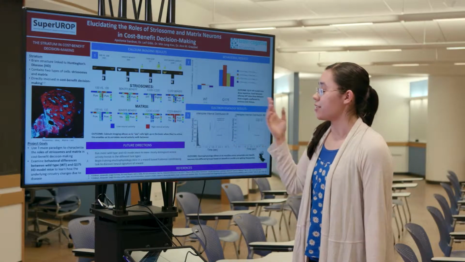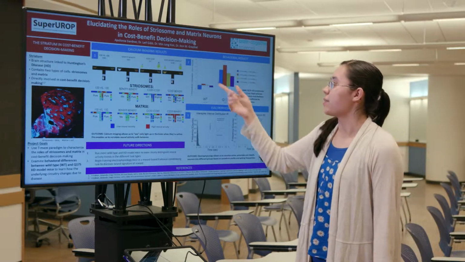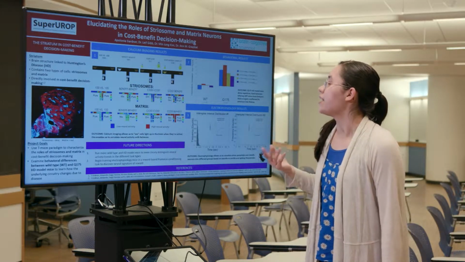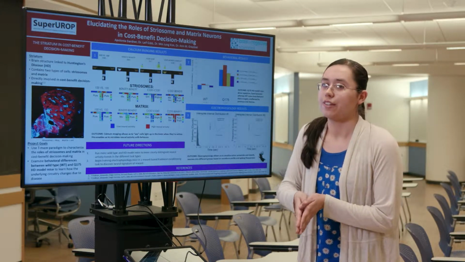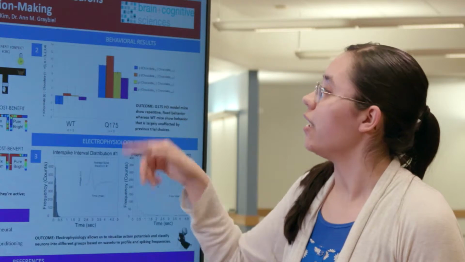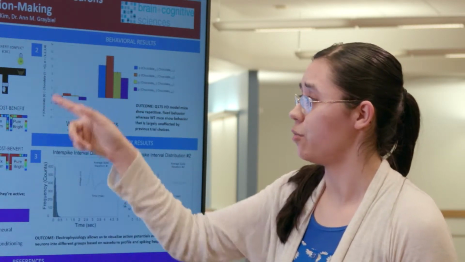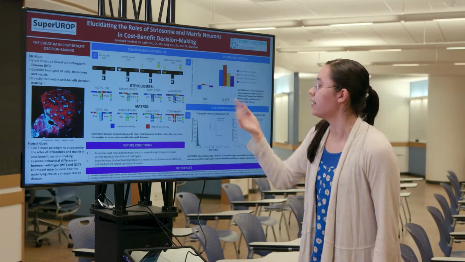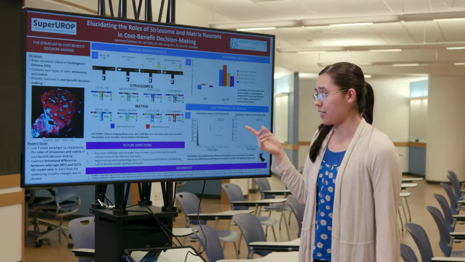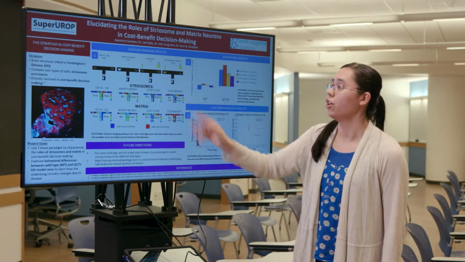Behaviorally, we see a striking change between Huntington's and wild-type mice. So Huntington's disease mice seem to be relatively repetitive and fixed in their behavior. So given their choice on a previous trial, they tend to make that same choice on the next trial, 2 trials after, 3 trials after, 4 trials after, versus wild-type mice, whose choices are largely unaffected by the history.